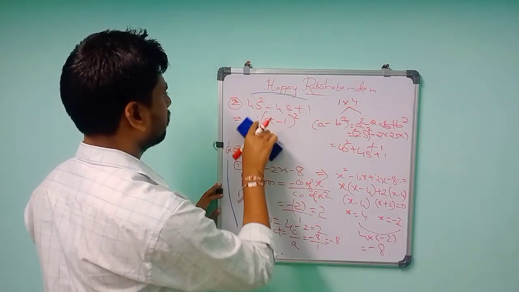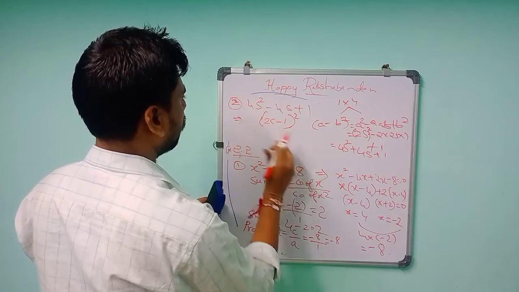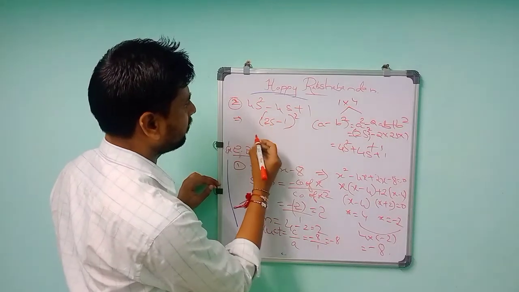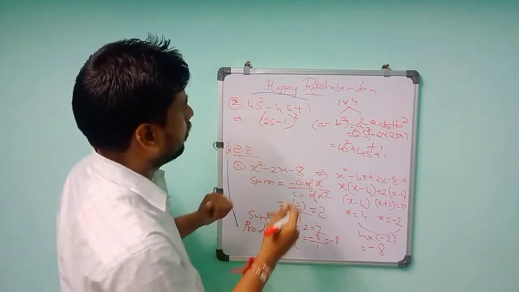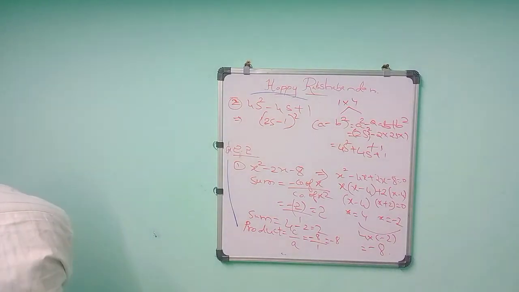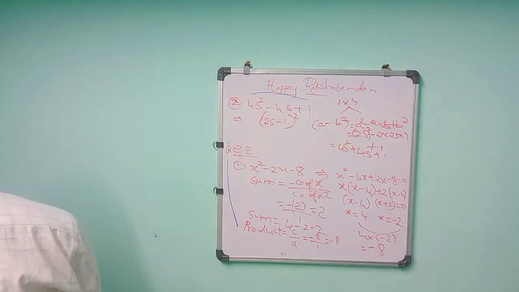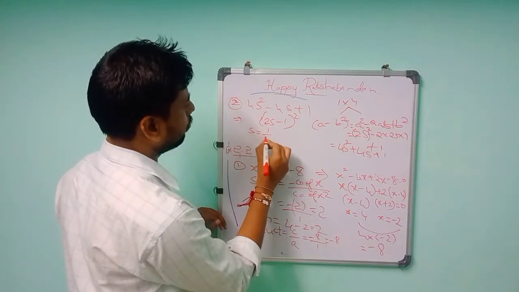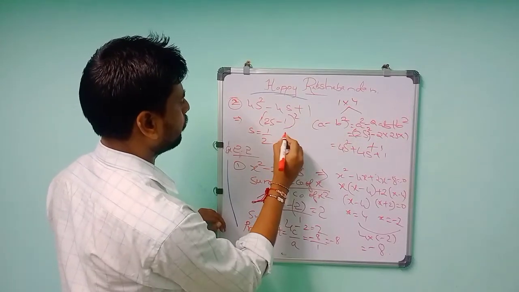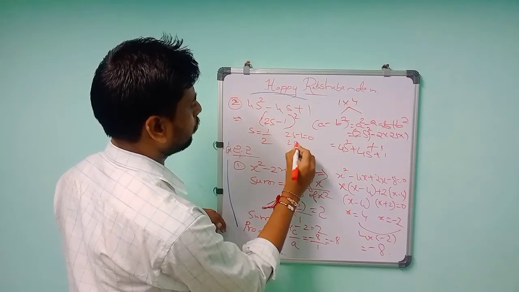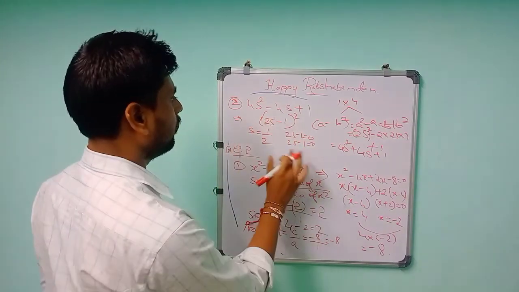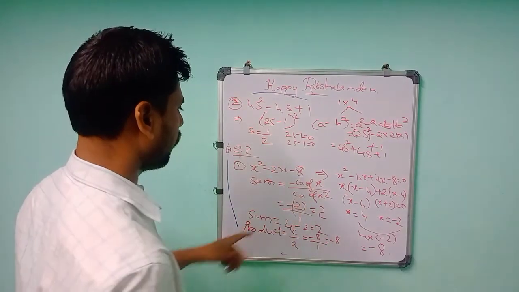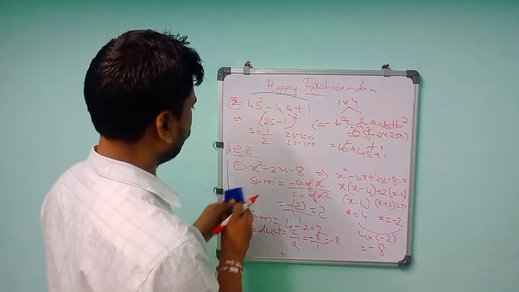So (2x minus 1) whole square equal to zero. The answer will become x is equal to 1 by 2, because here you can take 2x minus 1 is equal to 0, since both are squares. So 2x is equal to 1, so x will be 1 by 2 on both sides. Now if you put this in the formula,